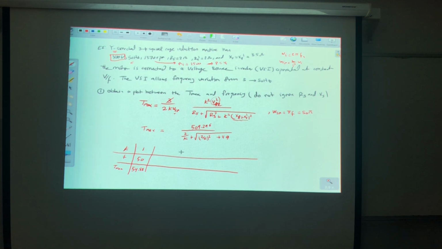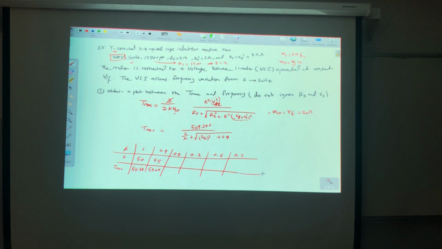Then I will do a step change of 0.1. If k is equal to 0.9, the frequency equals 0.9 multiplied by 50, which is 45. So if I put k here and calculate, this will equal 53.24. Then 0.8, 0.7, 0.6,